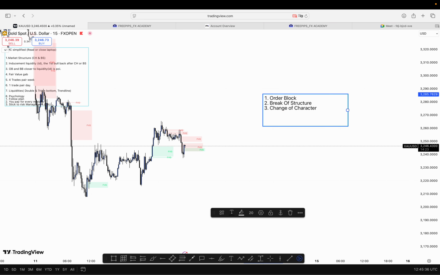So what is an order block? If you say an order block, it's normally the last bullish or bearish candle before a strong move. It's mostly found before a fair value gap. That is, institutions place their trades at order blocks. So let me type it. Order block